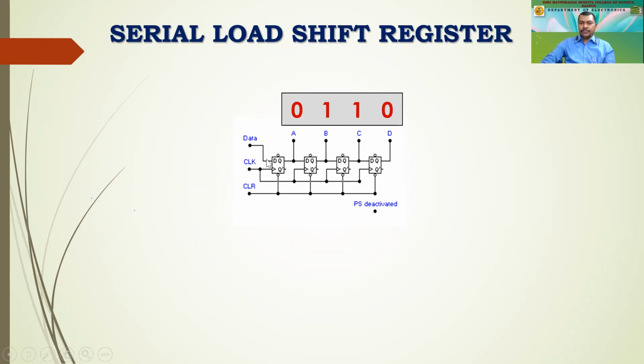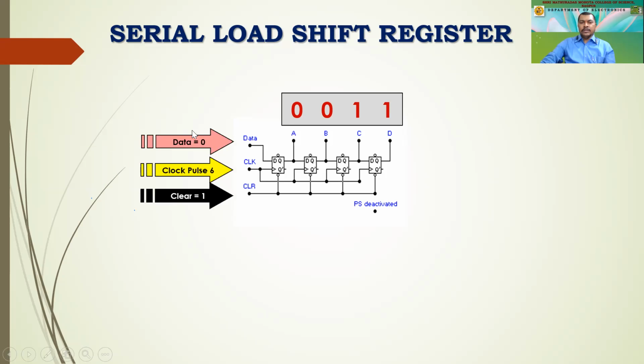Third pulse, now we have given zero over here. As soon as the third clock pulse goes high, since it is positive edge, automatically the data shifts. So this 0 is shifted to A. A was having 1 earlier, which is shifted to B, and B was having 1, which is shifted to C. There is no data shifting to D because earlier it was 0, right? Last, we have this 0, and if you give again a 0, now what happens? The data changes to 0011, and this is where we have these pulses.